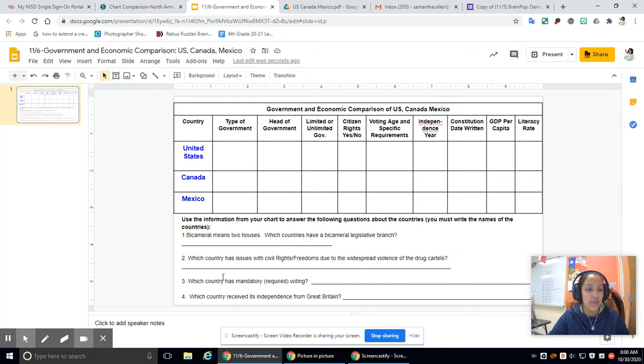Question 2, which country has issues with civic rights freedoms due to the widespread violence of the drug cartels? 3, which country has mandatory voting? That means you should be voting, like you have to vote. And then question 4, which country received its independence from Great Britain? So you need to fill out this chart, answer these 4 questions, and then submit that to me, and then you're done for today's